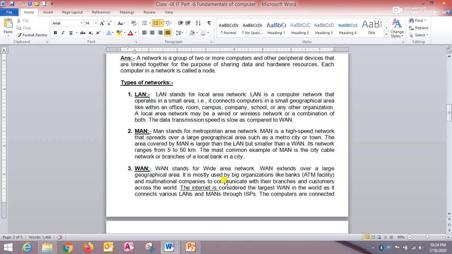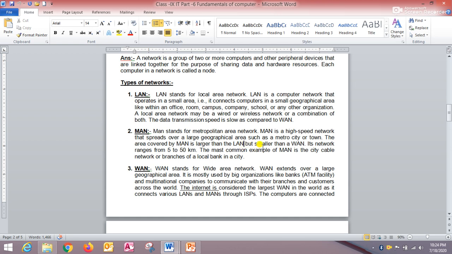Next is vertical block of text. How you can select a vertical block of text? Vertical means you can select the text from top to bottom, right? To select the vertical block of text, press and hold down the Alt key and drag the mouse vertically in that way. In that way you can select the vertical block of text, right students? So these are the different ways to select the text.